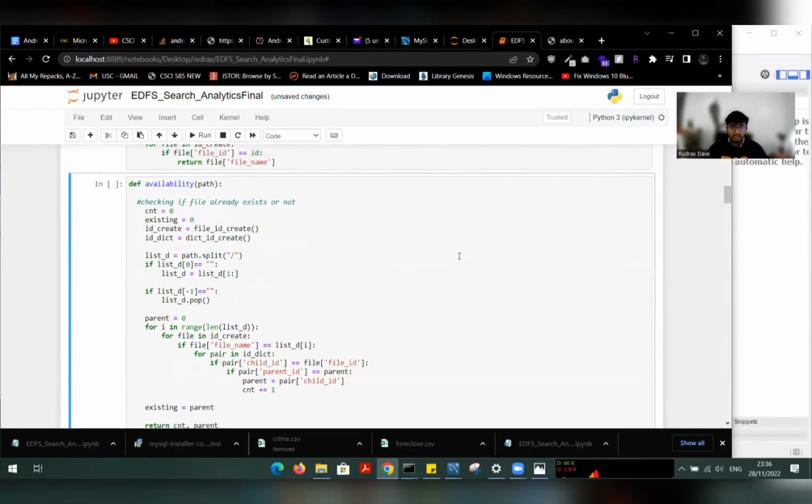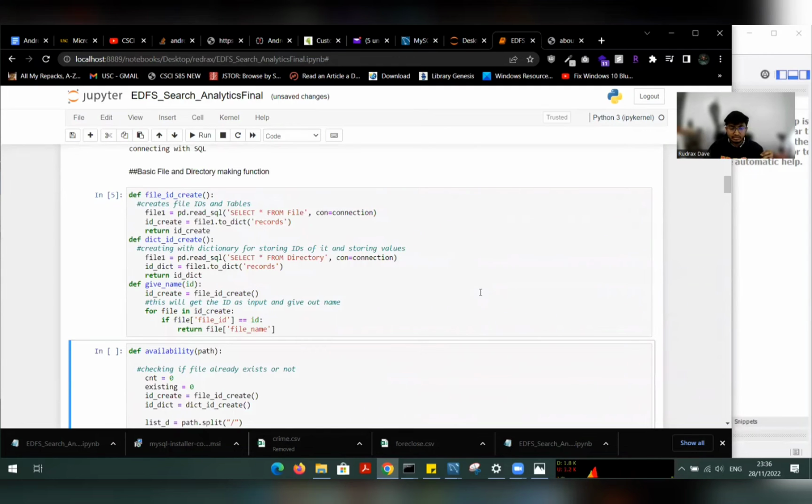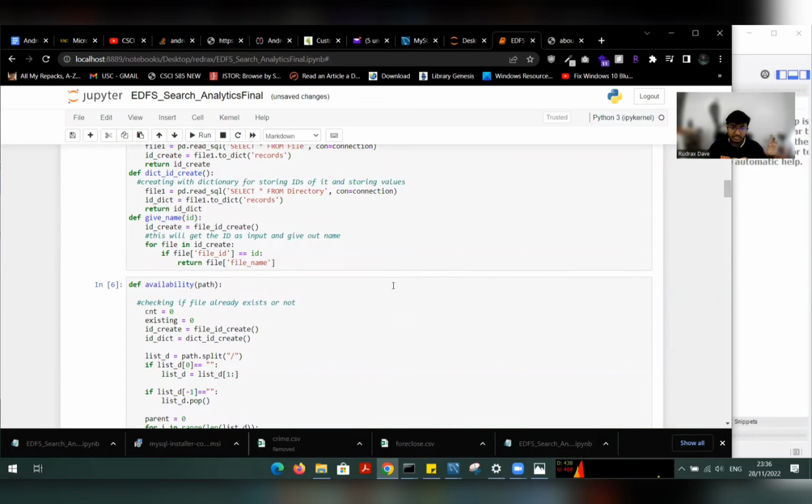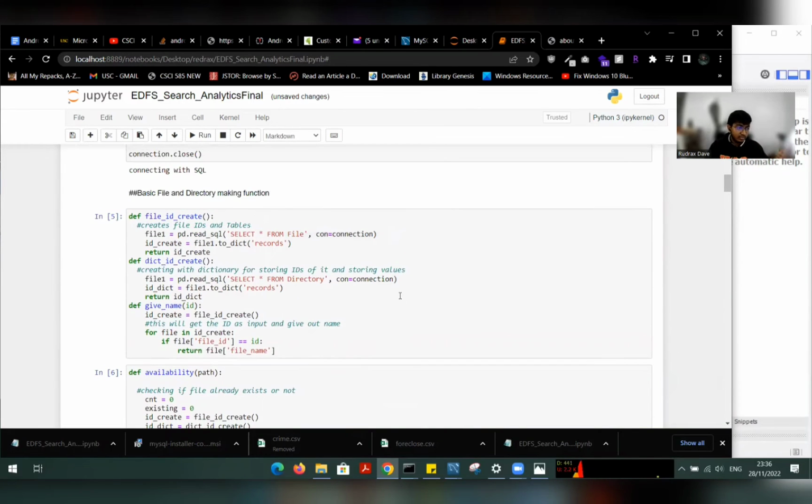So we have made some functions like file ID and directory, which will help us see that we have the file system down. What we'll be making is a file directory which has parent ID and child ID, and then it will go to directory ID, which shows the directory ID values and the directories which we have listed from make directory and other functions. So let's see the availability part. This function checks if a directory is already available or not.